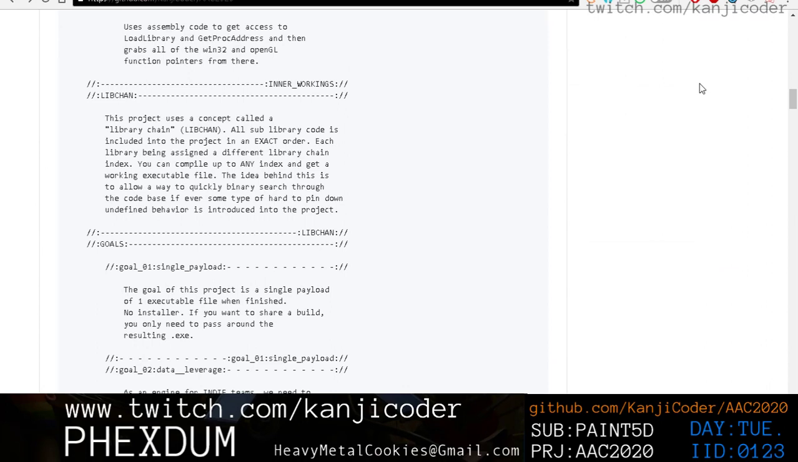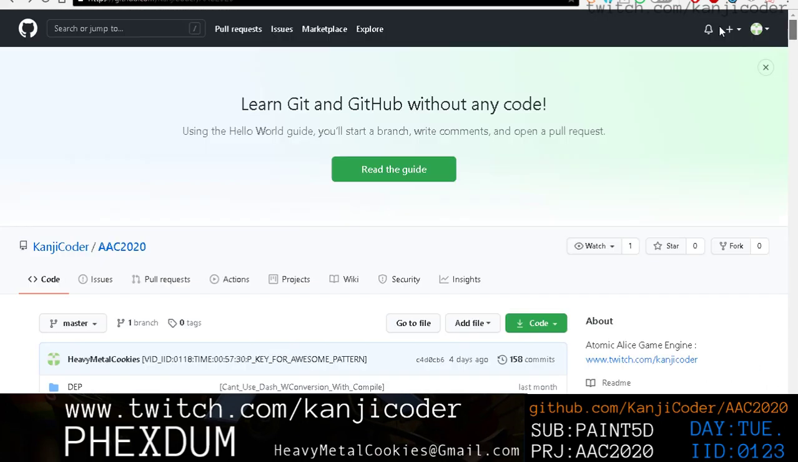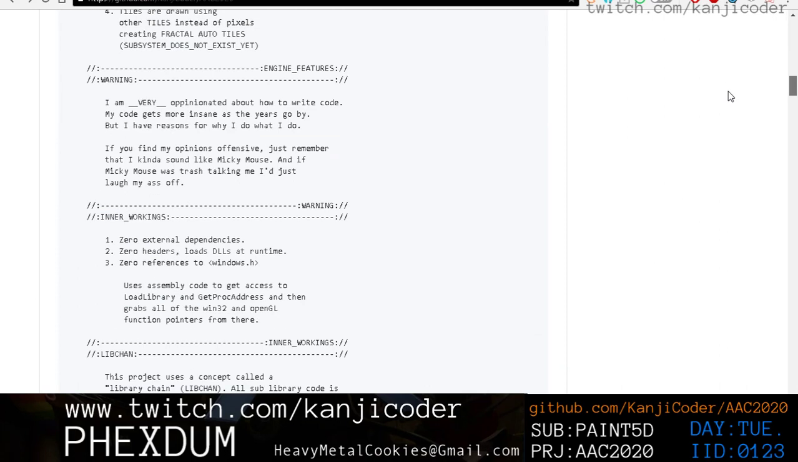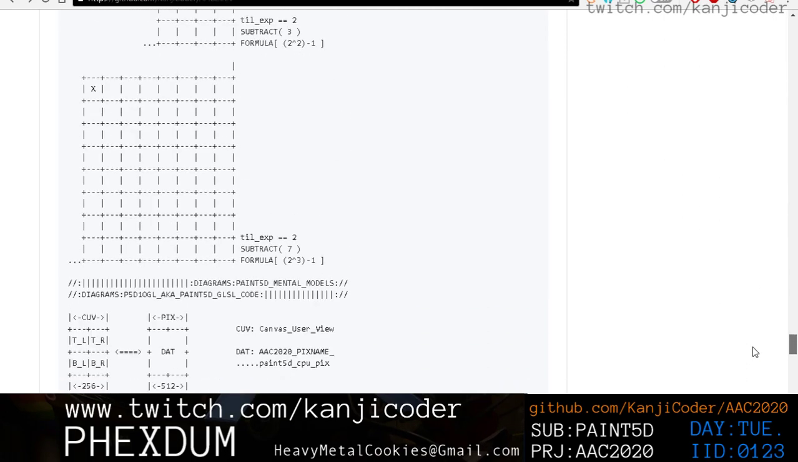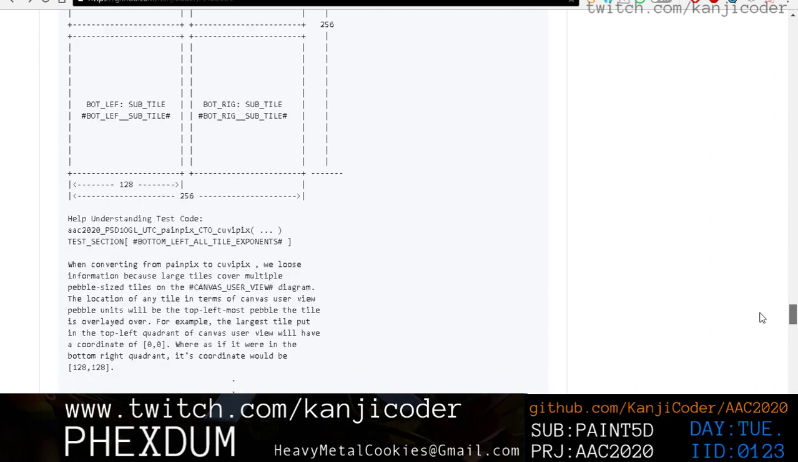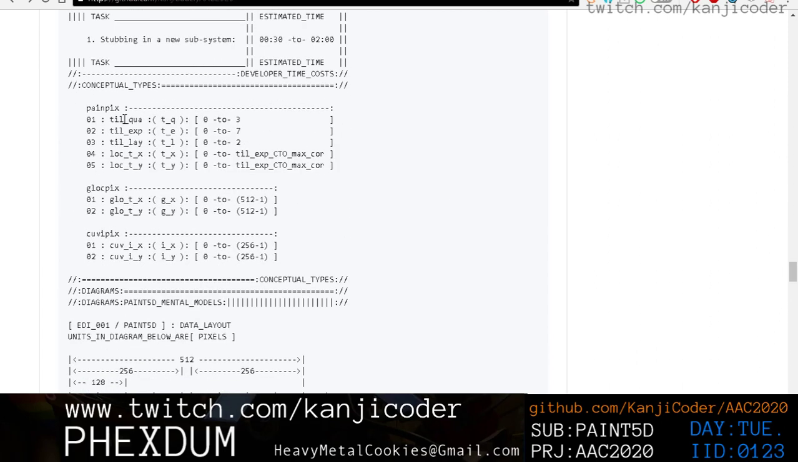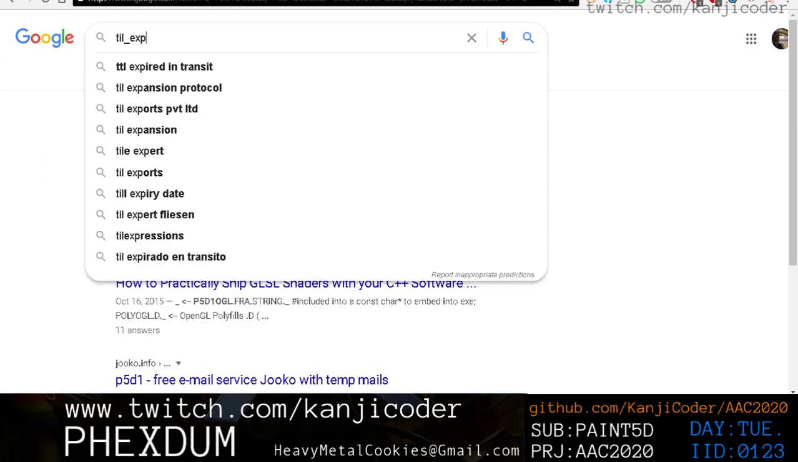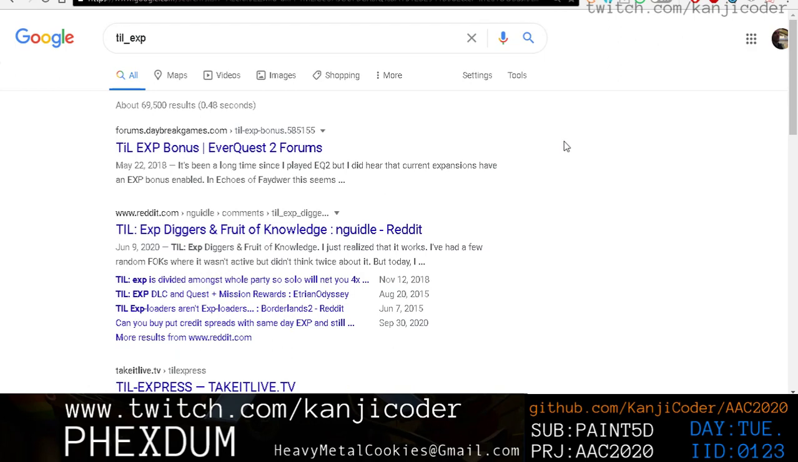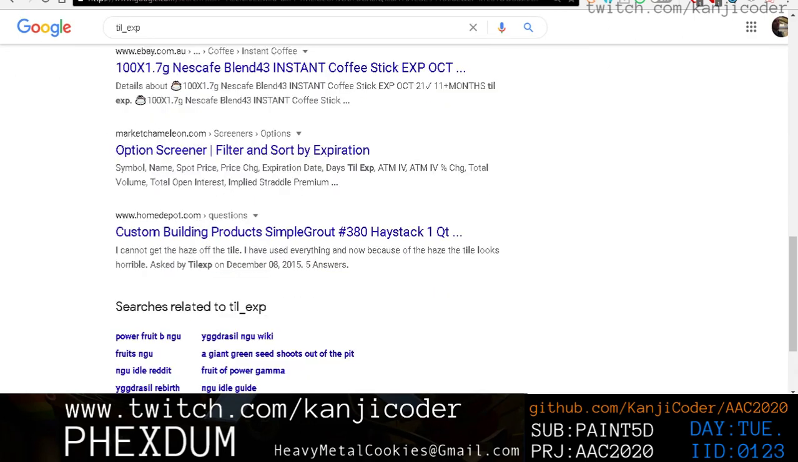Now, on the front page, can some of this stuff end up here, right? So if we look at, do we have any interesting type names in here that might be showing up in a Google search? So if we do tilqua or tilexp, right? What if we do tilexp, right? Okay, what if we do